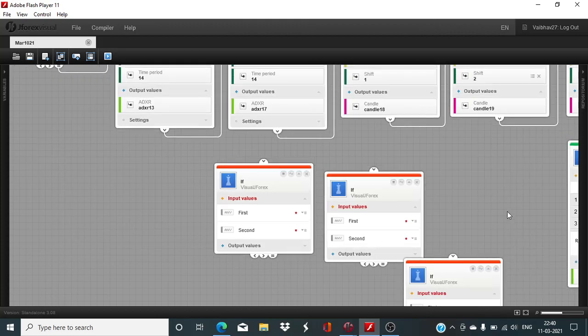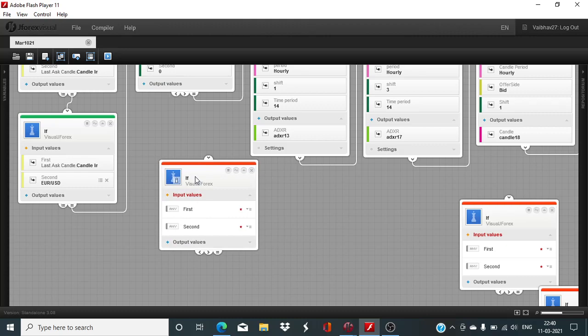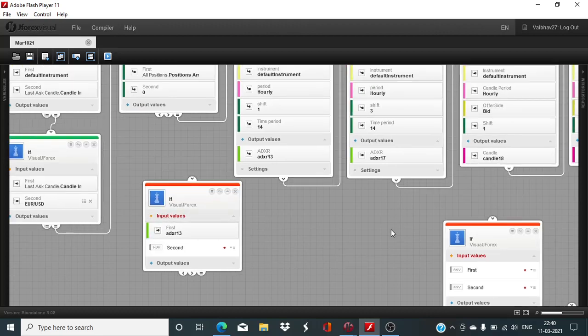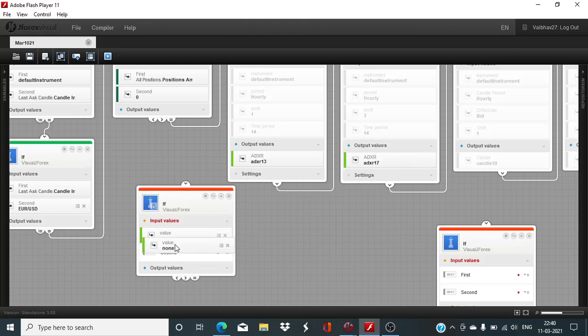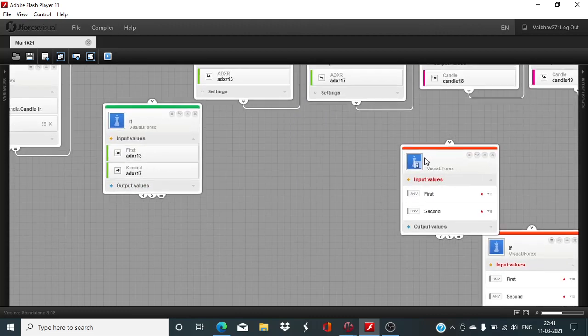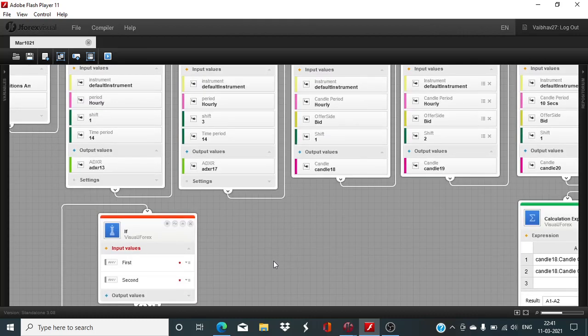and we need the ADXR value to be on the rise. So for that, the last hour's ADXR value should be above the ADXR value of 3 hours back. So this first input greater than second input. Okay,